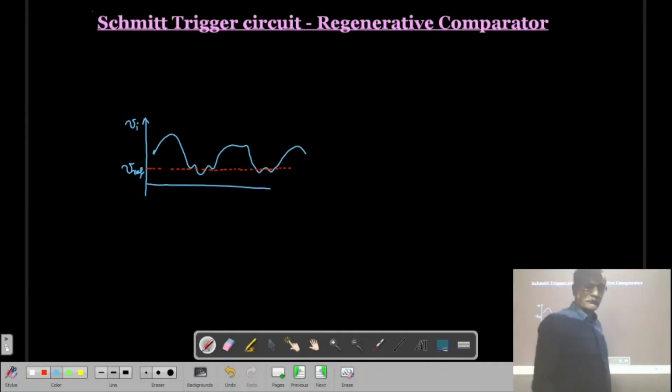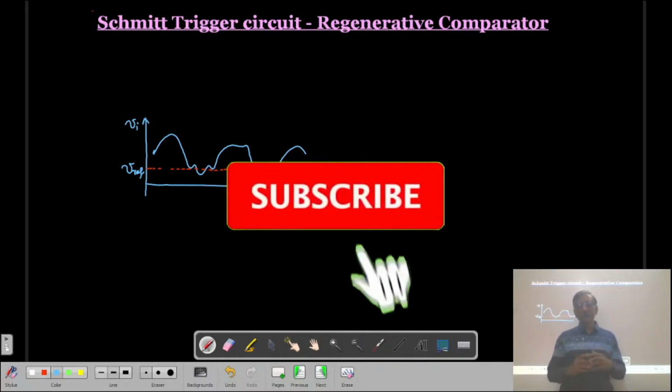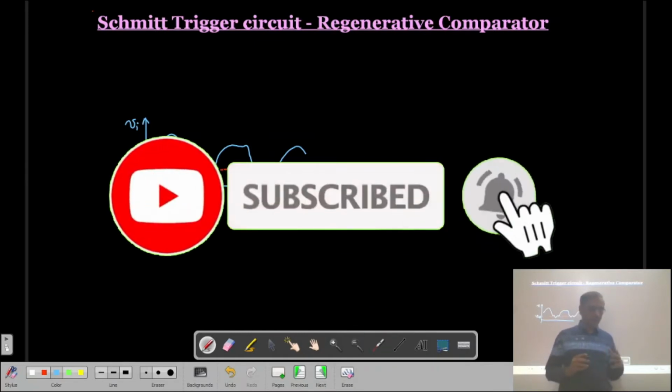Discuss the comparator circuit. We have discussed the two types of comparator, the inverting comparator and the non-inverting comparator. Basically, in a comparator, we use the operational amplifier in open loop and do not provide any kind of feedback. So the gain of the operational amplifier is very, very high.